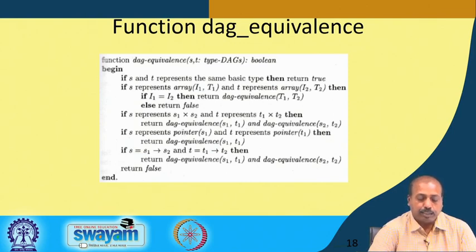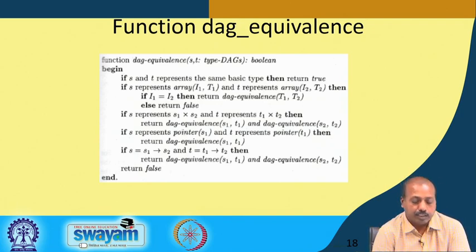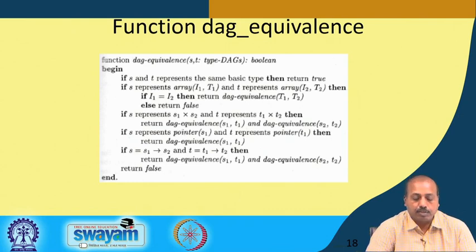Otherwise, if S and T do not satisfy any of these 5 rules that we have, in that case it returns false. That way it is telling that S and T are not equivalent. So, this function DAG equivalency can be made a part of the compiler type checking procedure, and it can check these equivalency rules and see whether two expressions, two functions, or any basic object that you have in the language are of the same type or not. So, this DAG equivalency check can be used.